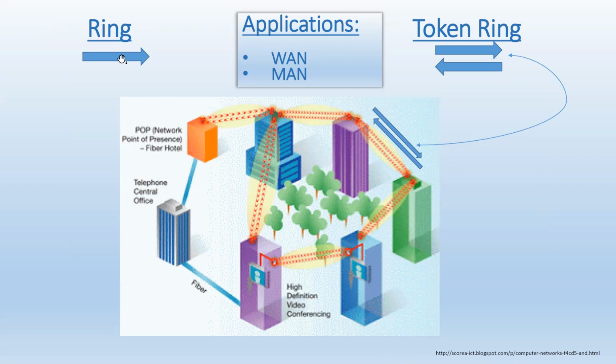All right. In a ring, data travels only one way. Let's forget this link. Let's say a few buildings are connected together in some sort of way. And let's forget this link right here. Let's say they're just connecting in this way. If the data traveled only one way, and this building wants to communicate with this building, the data would go to this one here, then that one, then this one, and then this one would get it.